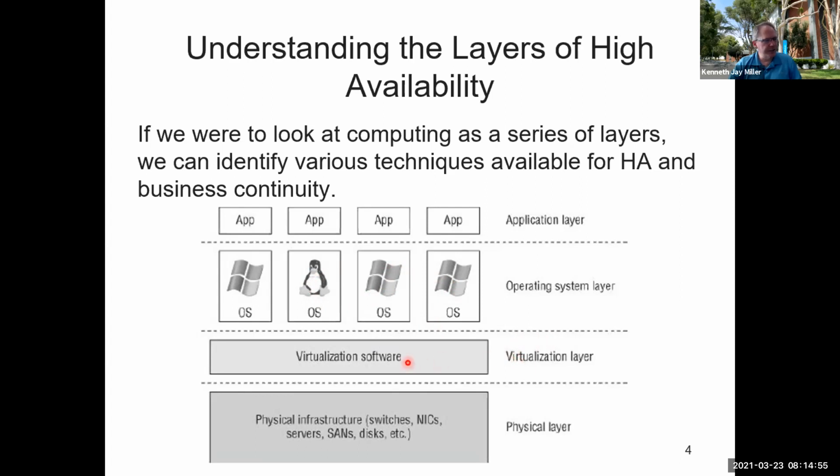Okay, and then at the virtualization layer, this is where we can include from our vSphere repertoire of services, right? All those different add-ons, such as vSphere high availability and vSphere fault tolerance that we talked about last week. And then at the physical layer, this is normally where we'll handle the high availability and the business continuity part